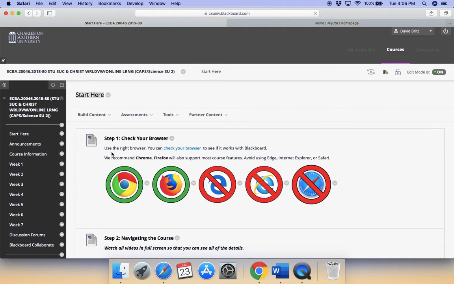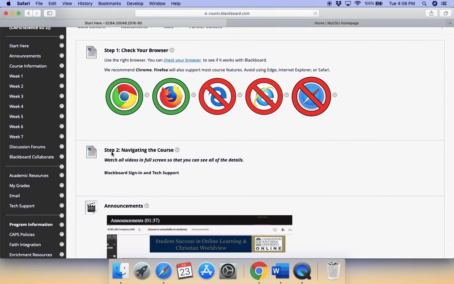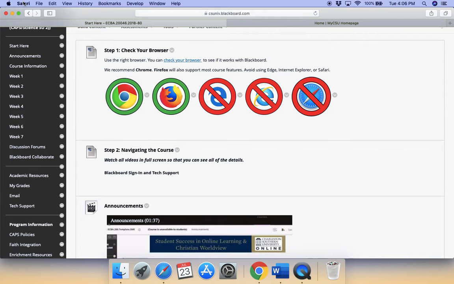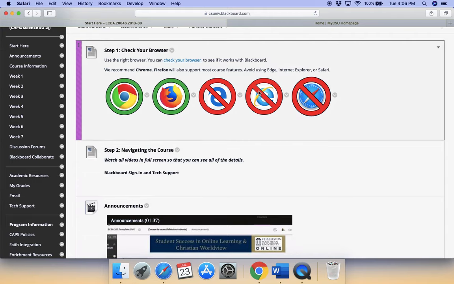All right, so I clicked on start here. There are 9 steps here. The first step is to check your browser. Now, I happen to be a Mac person, and I typically use Safari. You'll see I'm using it here, but the reason I'm using it here is I'm going back and forth between